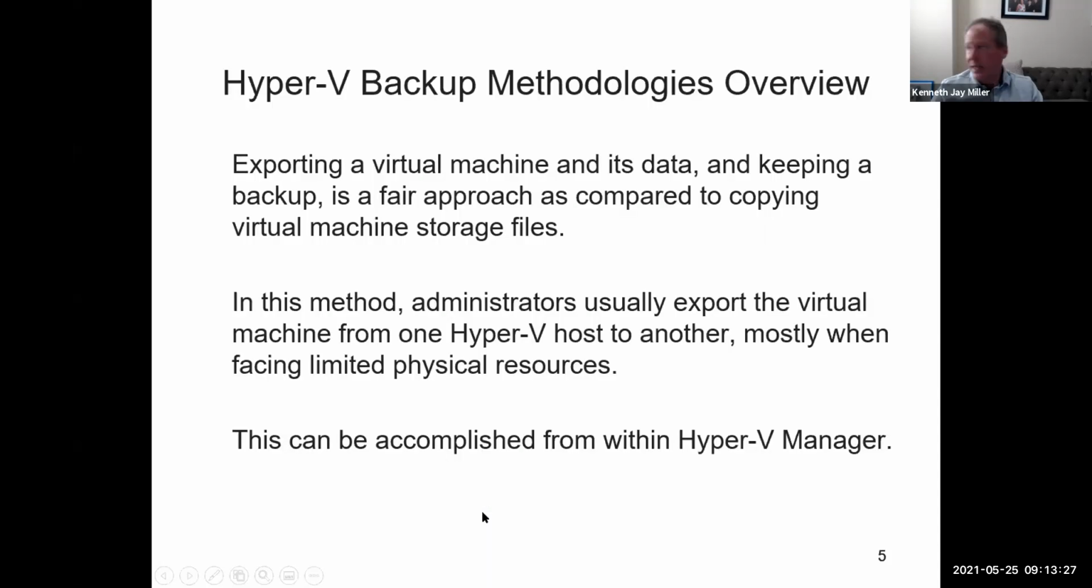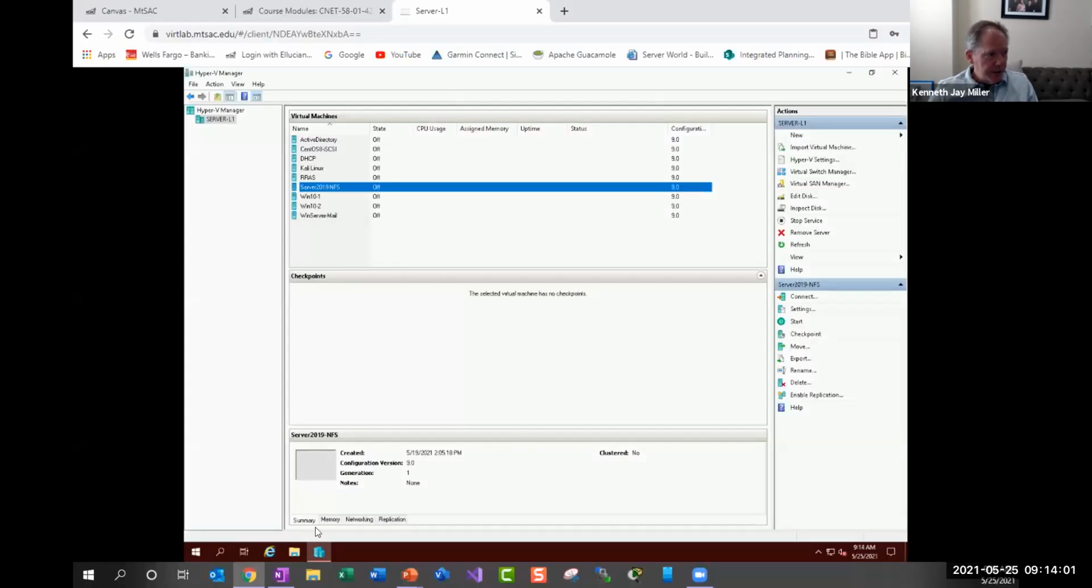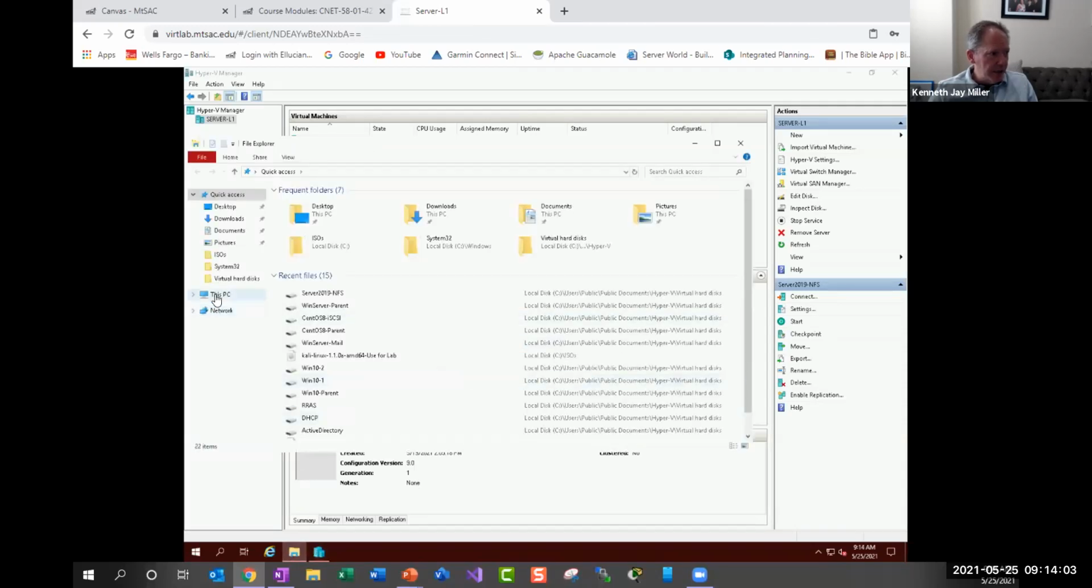So that's a benefit or an advantage, that we can use this method within Hyper-V. So we don't have to go to File Explorer or anything. We can just export it. And it's a fair approach as compared to copy and virtual machine storage files. In this method, administrators usually export the virtual machine from one host to another, mostly when they're facing limited physical resources. So if I'm on my Hyper-V host here, and I look at, say, my hard drive,